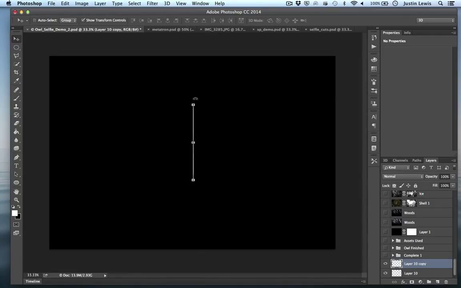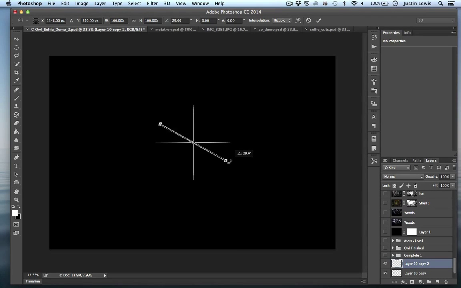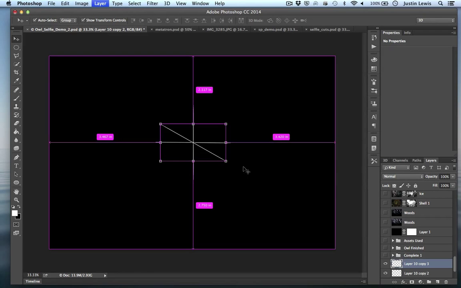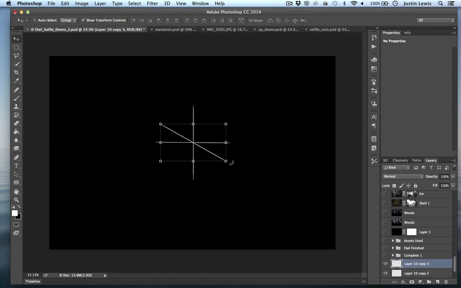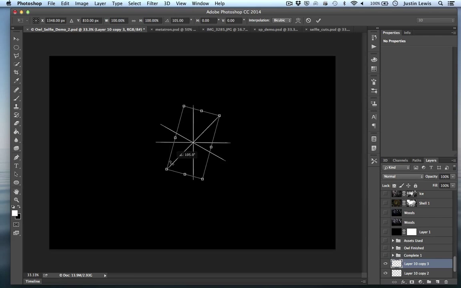I'm going to hover my move tool around my transform controls so I can rotate. I'll rotate this, and if I hold down Shift, it'll snap into the position that I want. I'll hit Command J again and rotate again, hit Enter, then Command J, and do that again. So I've made this little